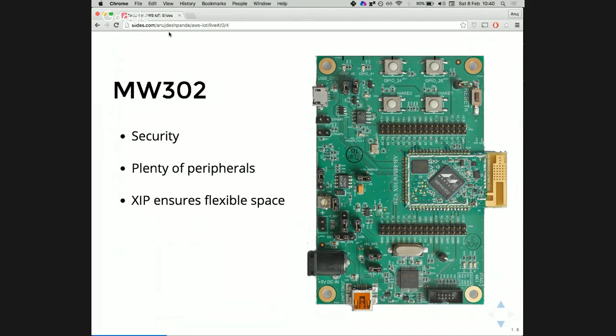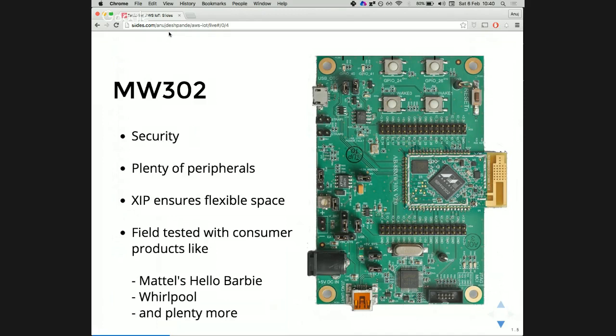So it has 512 KB of RAM, which is more than most, but it can support 2 MB flash or 4 MB flash depending on your application size, right? If it's an audio and video application, then sometimes there are a lot more libraries and files involved. In that case, you can go for a 4 MB flash. But if it's a smaller application, then you can stick to 2 MB flash and it will work fine.